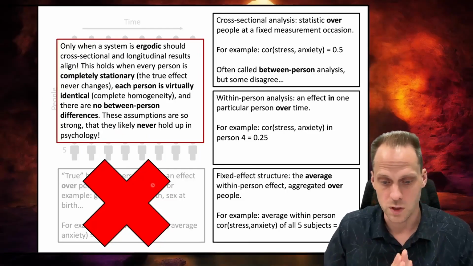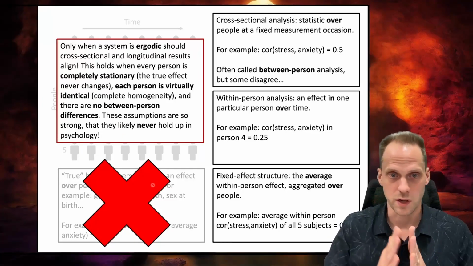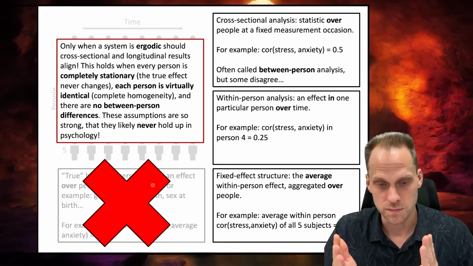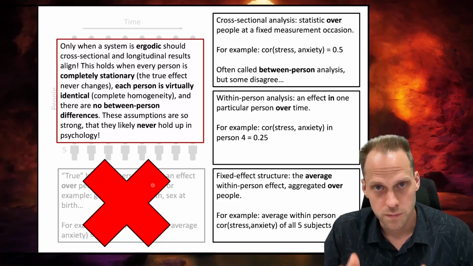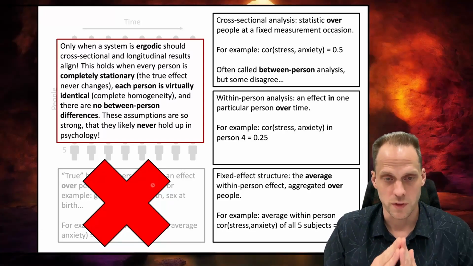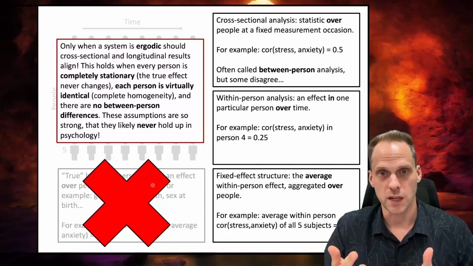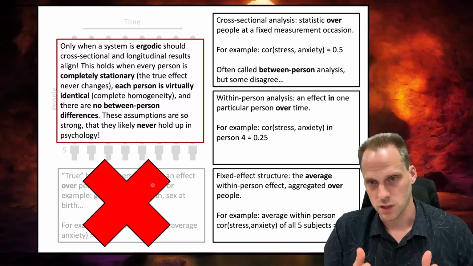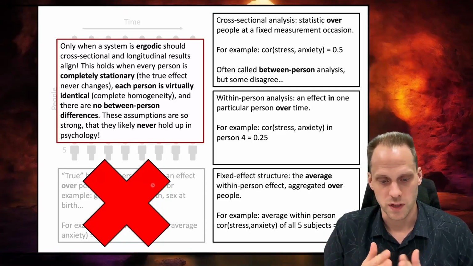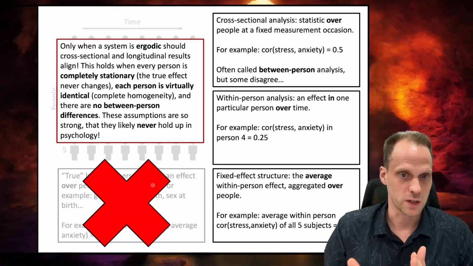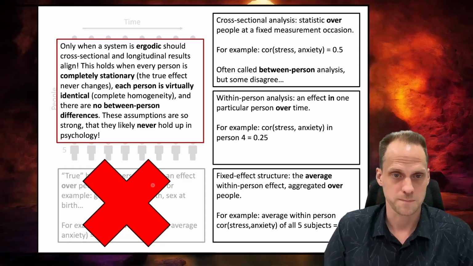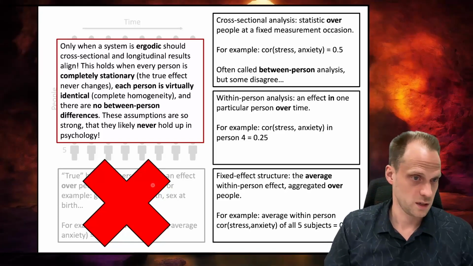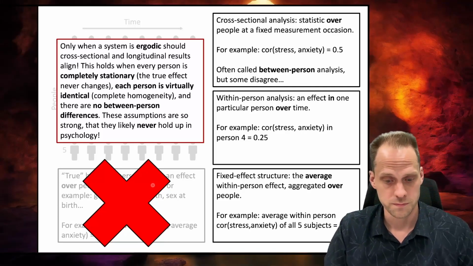Yeah, and which is mainly the argument. So many people say, okay, we are interested in within person effects because we're interested in what happened within the person. Now, I think that a within person effect relates to something that's happening within the data of a person, not within the person itself. And then people say, okay, cross-sectional finding, or between subject effects cannot relate to that, so we should not look at that, we should only look at time series effects. This argument you'll see sometimes. And yeah, it is true, that's the case.